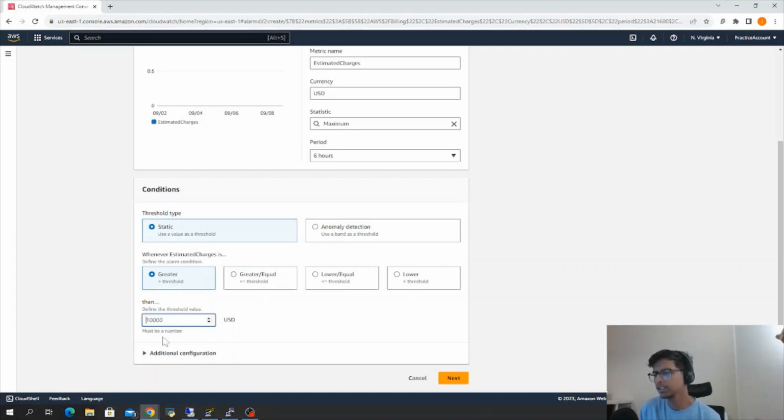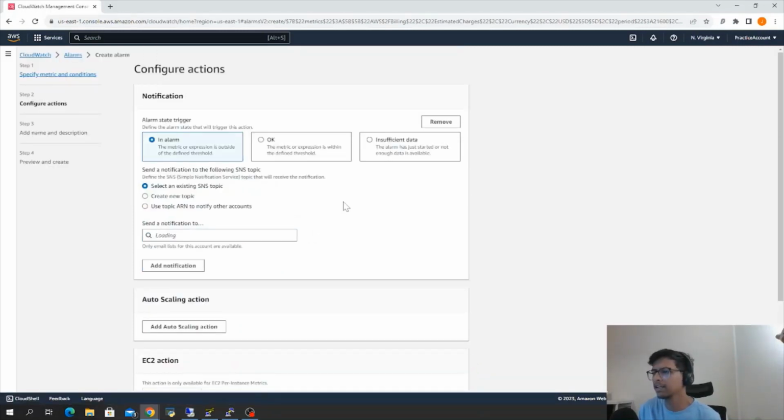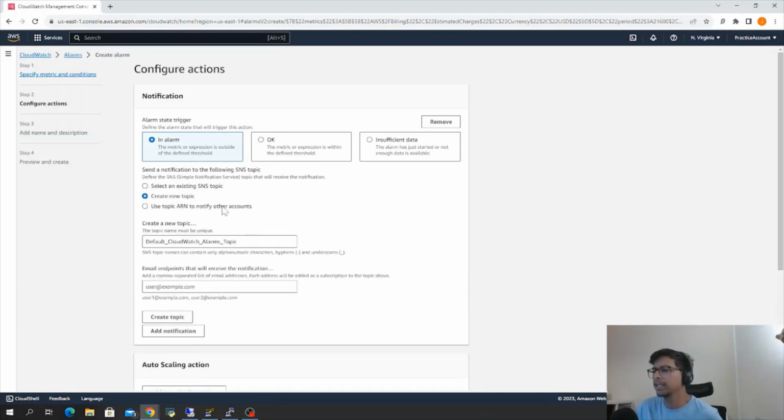So here you can just type, let's say, 10 euros as a threshold, and the moment we go over, so you can select whichever you want, but in this situation, if the expense goes over 10 euros, I will get an alarm. Just click next,